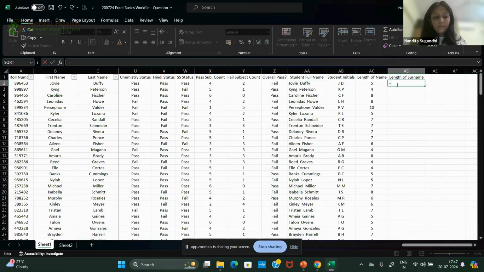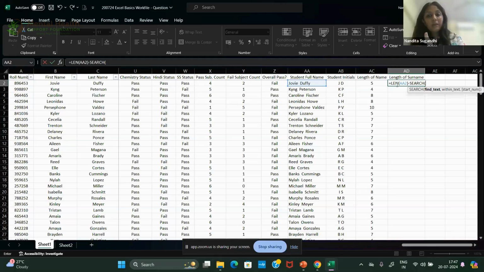So say for example, I had the length of the entire full name, and I want to find out what is the length of the surname. So I will search where is the space.